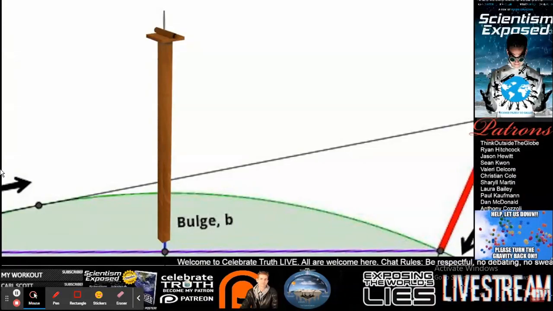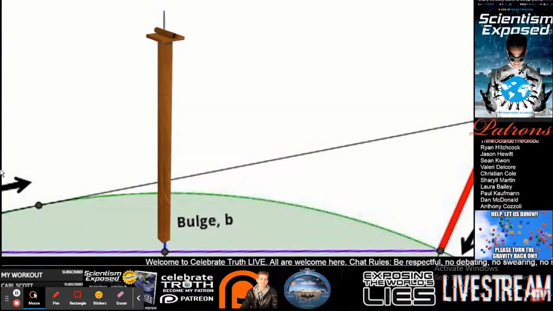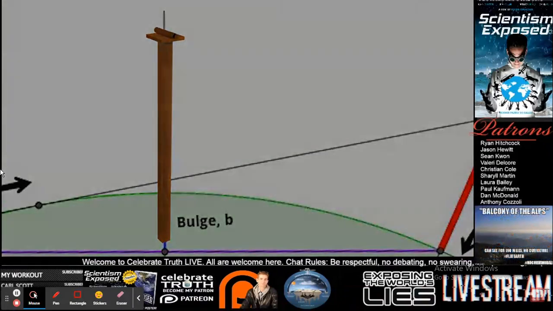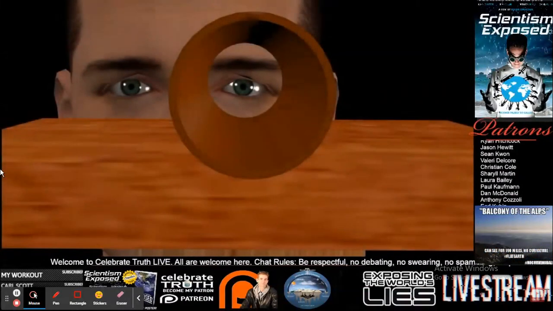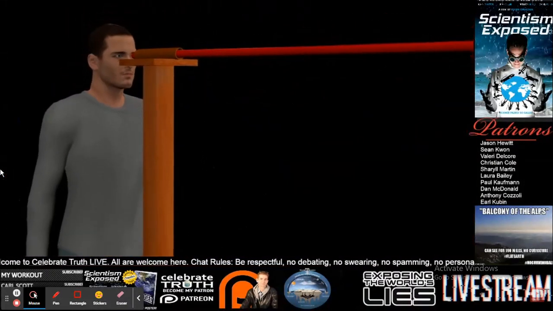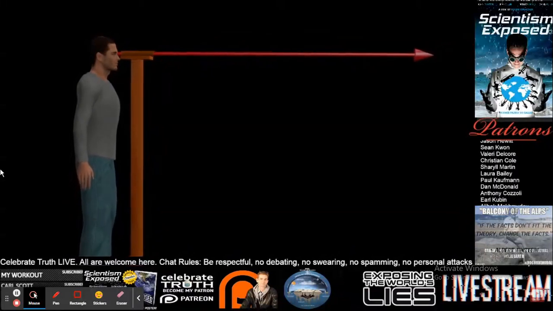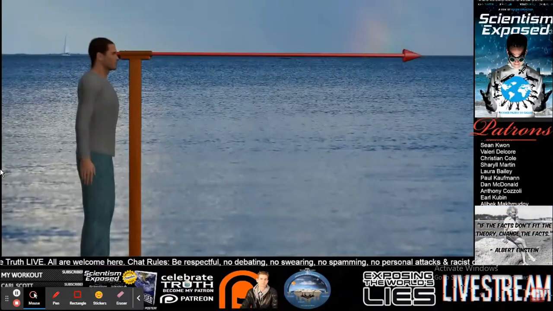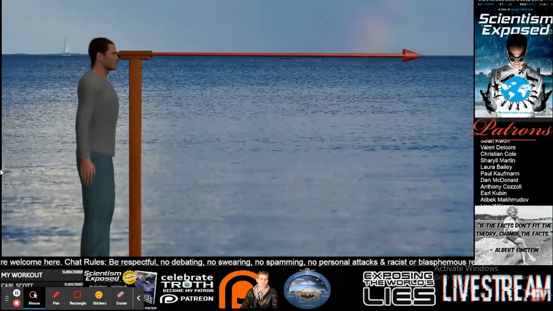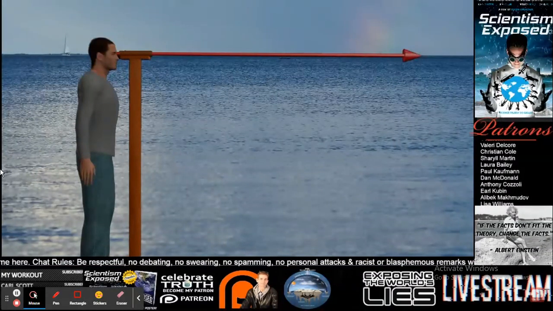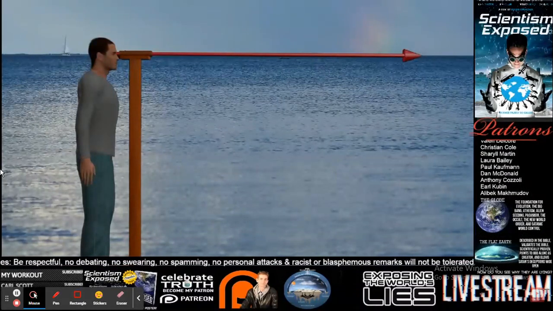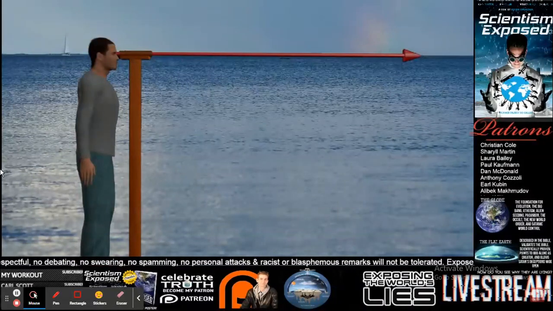And then go get some paper towels. Use the paper towel tube. You can even keep the paper towels on it if you want to. But if you have just an empty paper towel tube, you can tape it to the top of it, and then stand behind it such that your eyeball is looking right through it. And then just look straight ahead through this forced experiment that keeps everything looking straight. I would suggest you do this at a beach somewhere so you don't have to deal with the topography of the land. You know that there aren't any peaks and valleys, mountains and canyons or whatever on the ocean. You're going to have a straight, flat horizon.